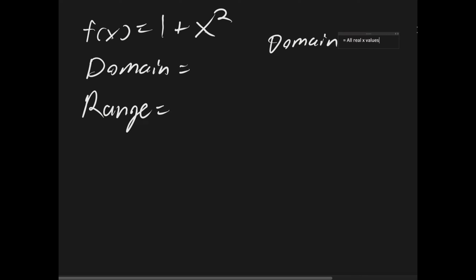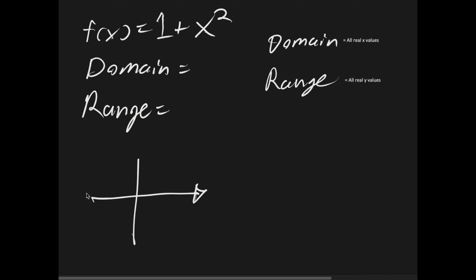And meanwhile, the range, on the other hand, is going to be all real y values accordingly. And so if we were to take a look at our given function, 1 plus x squared, now, remind you, if we were to graph this all together on an x and y axis,